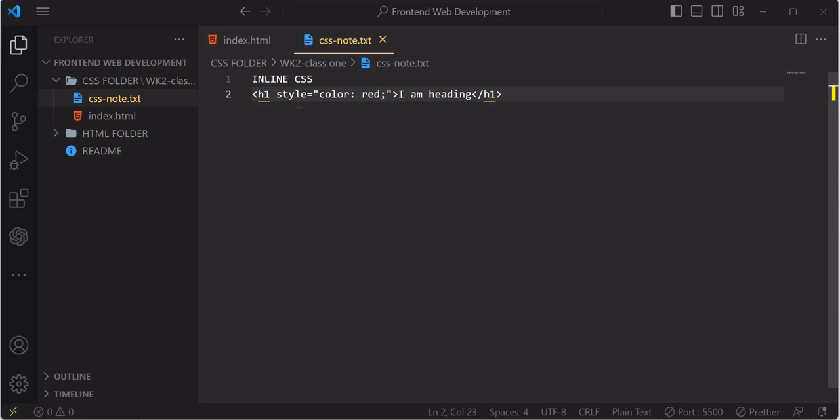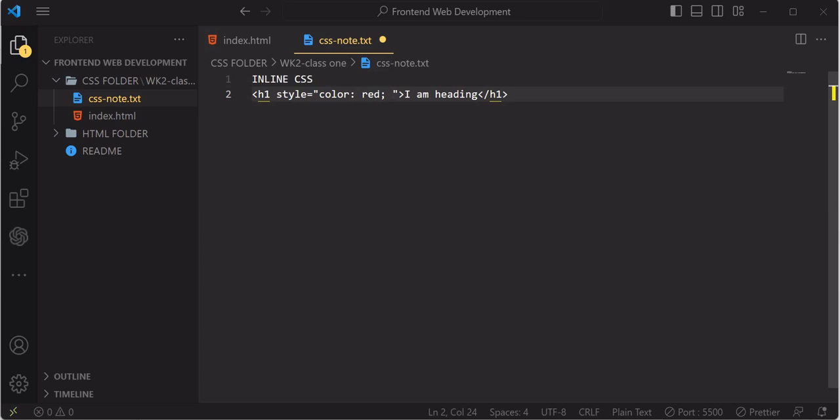And we can also apply multiple CSS properties to one HTML element. All we have to do is, after we have specified one property, such as color red, notice that after color we have a colon, then the value of the property color, which is red. Then we end it with a semicolon. Then if we want to add more properties, we just press space. Notice that everything that we are doing here is still within the